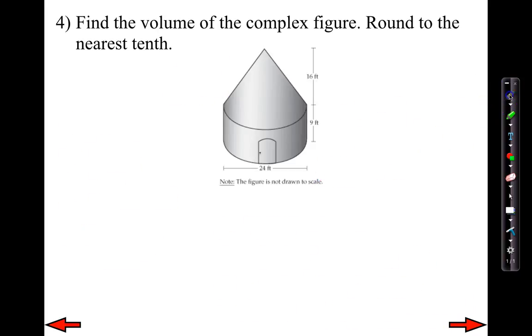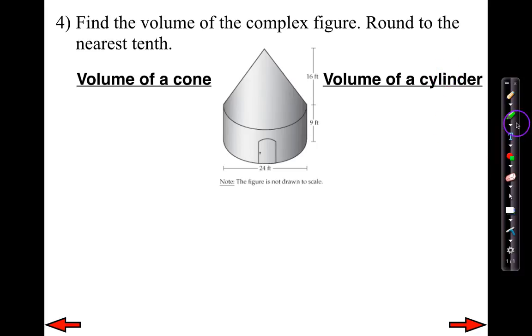Moving on to our very last example, we're going to go ahead and find the volume of, again, the complex figure, and we're going to be asked to round to the nearest tenth. So first, let's recognize what 2 shapes we see. Number 1, I see a cone. Number 2, I see a cylinder. So let's go ahead and write down the formulas and just get down to finding the volume of this complex figure. So the volume of a cone is going to be V equals